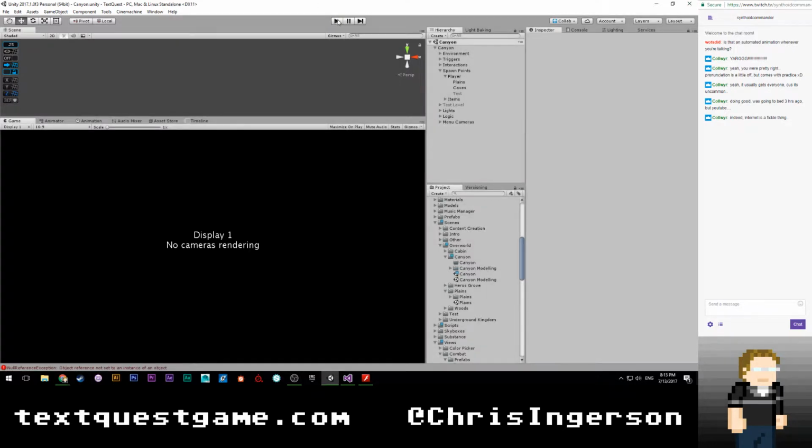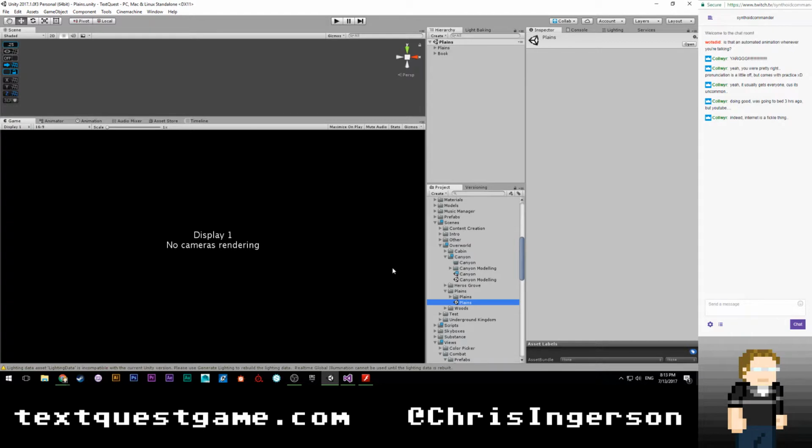Okay, so it seems like it's almost random. Like some levels it works, some levels it doesn't. Let's try going back to the plains, seeing if we get the same consistent result. And if that's the case, I honestly don't know what the difference is. I don't know why some levels would follow the logic of the menu fine and other levels would just be like, nah, you gotta just get broken. It's weird.